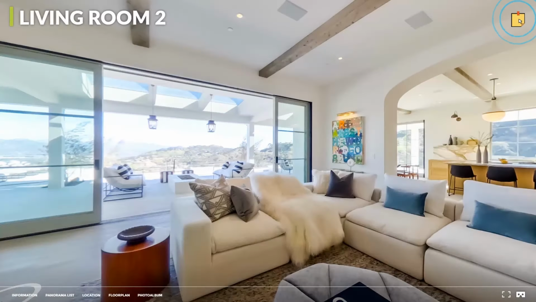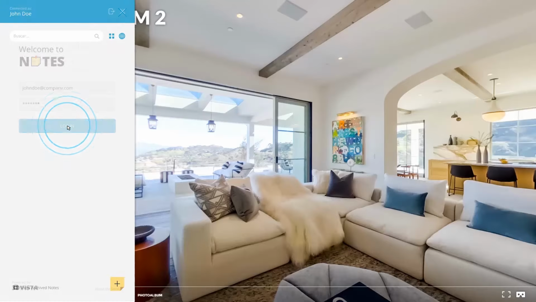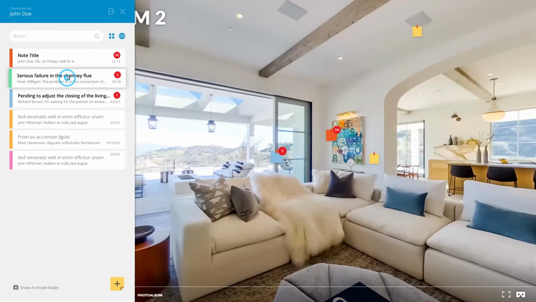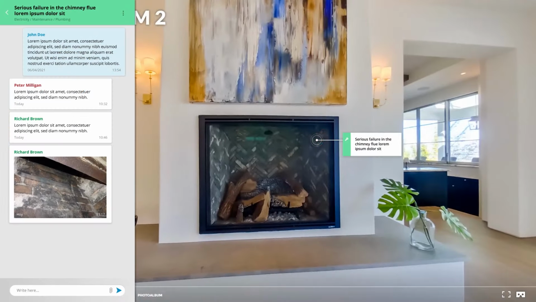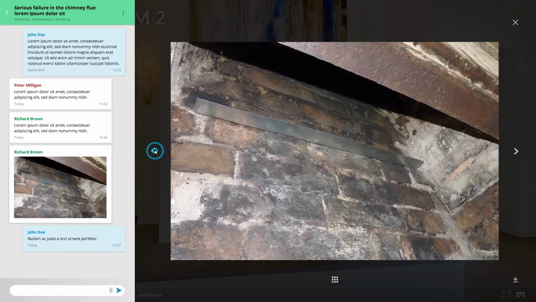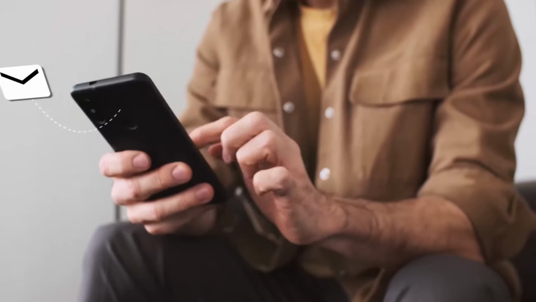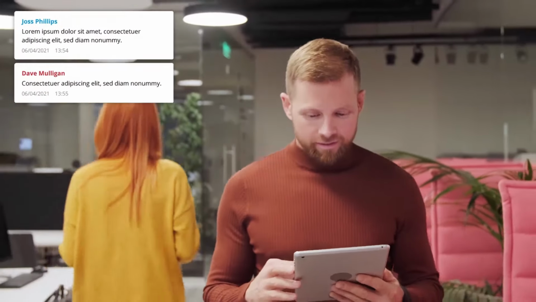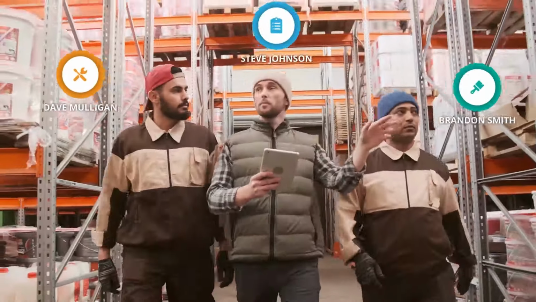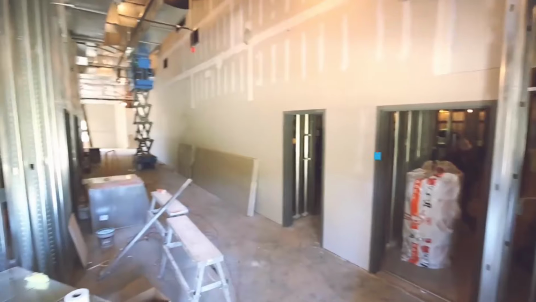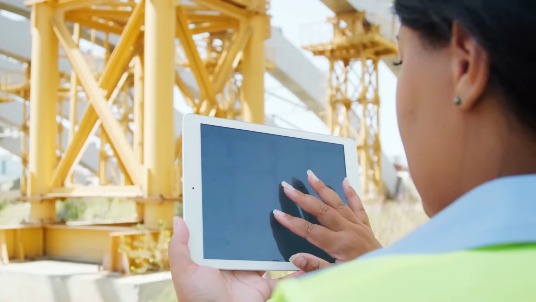Today we are going to provide a detailed explanation of the Notes tool, which is an optional service offered by 3DVista. With this feature, designated individuals can create notes within your published tours, allowing them to write messages, attach files, automatically notify other participants, and more. It's particularly valuable for collaborative projects where the goal is to centralize and document all processes and comments in one